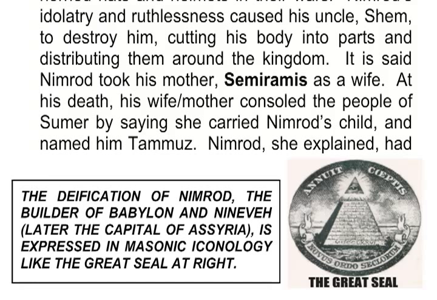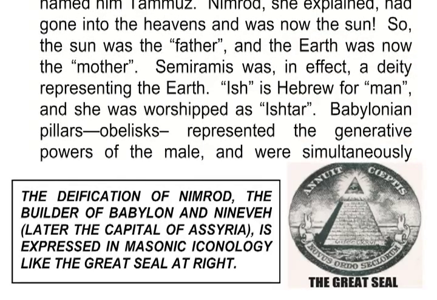At his death, his wife/mother consoled the people of Sumer by saying she carried Nimrod's child and named him Tammuz. Nimrod, she explained, had gone into the heavens and was now the sun. So the sun was the father and the earth was now the mother. Semiramis was, in effect, a deity representing the earth. Ish is Hebrew for man, and she was worshipped as